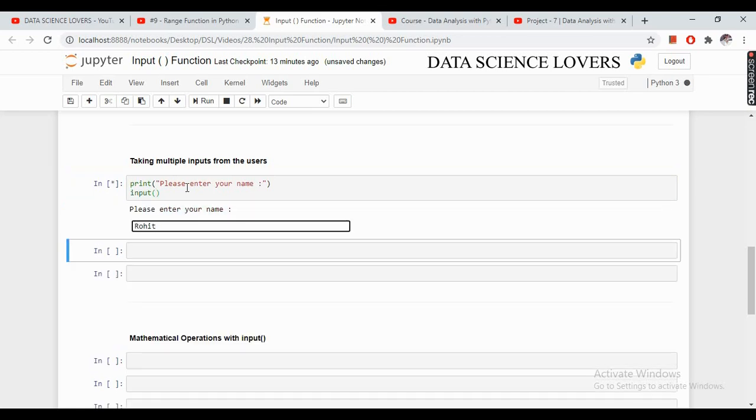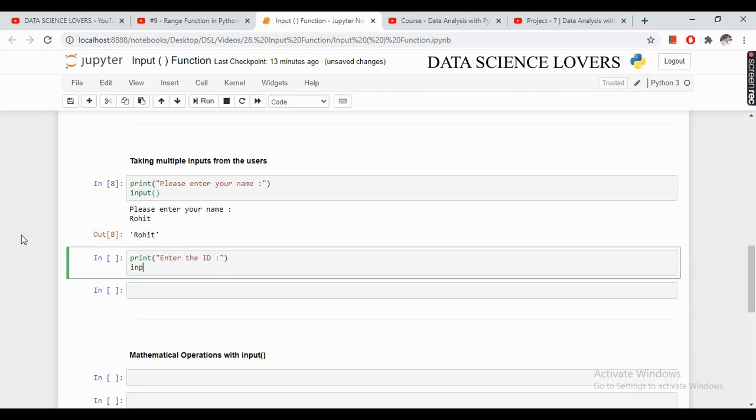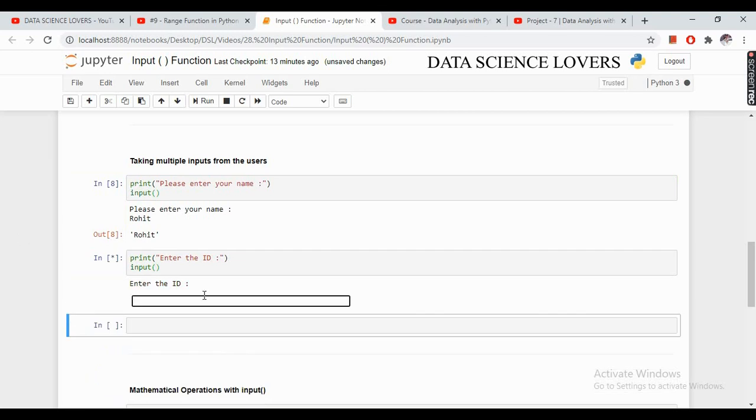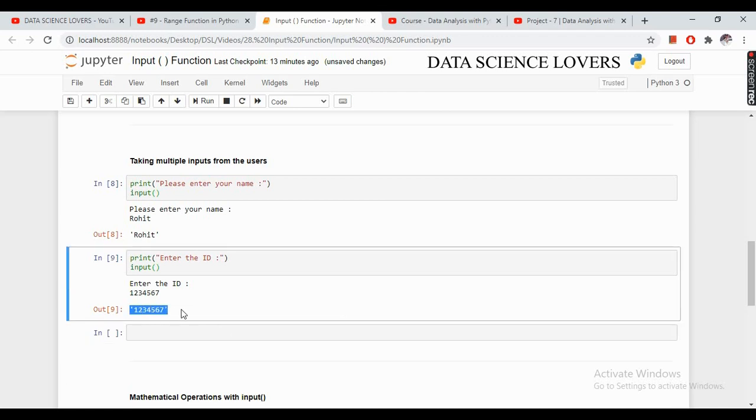If I enter the name like this, next it will ask the user to enter the ID like this. This is the ID. Now as you can see that the ID is in the form of a string, but